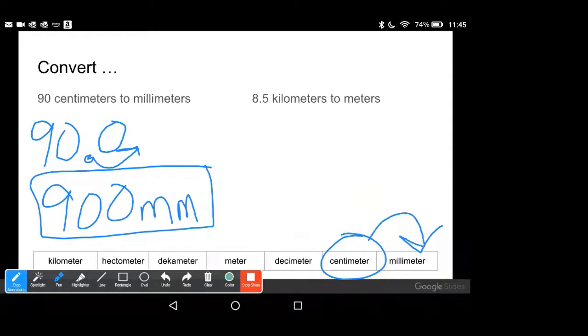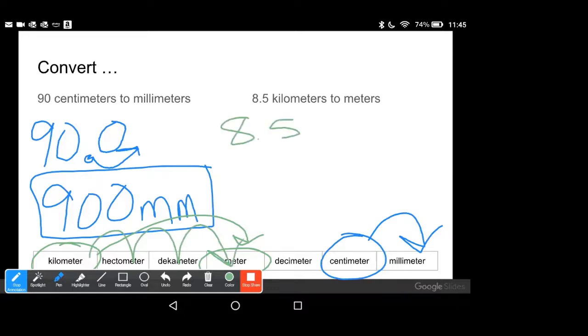8.5 kilometers. And notice this, we have a decimal in here. So 8.5 kilometers, which we're here, and we're moving to meters. Okay, so we're going to move to meters. And so notice I am going 1, 2, 3 boxes to the right, which means I'm going to take 8.5, and I'm going to move 1, 2, 3 to the right. Now, just like I did on the last one, I don't have anything here, so I got to put some zeros here. And so my answer is